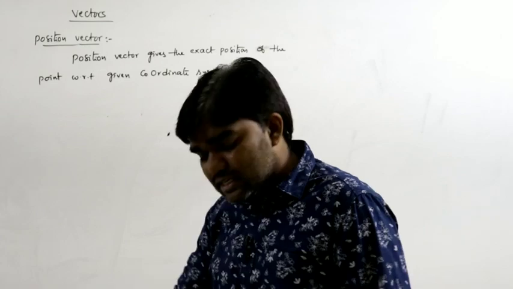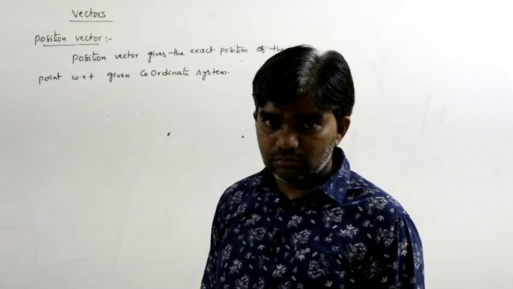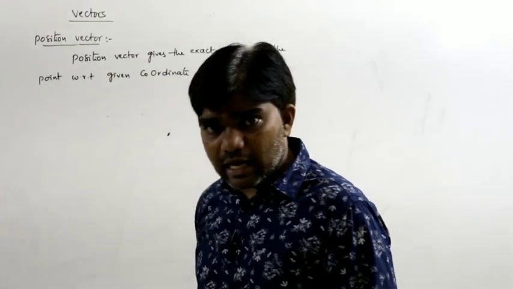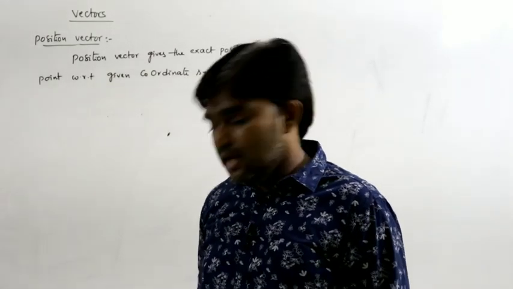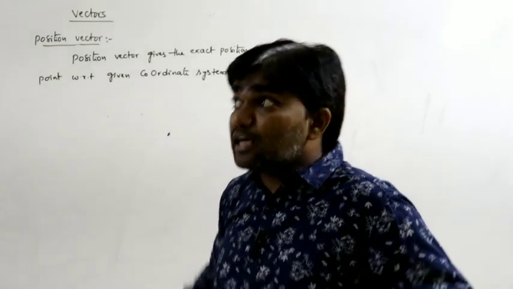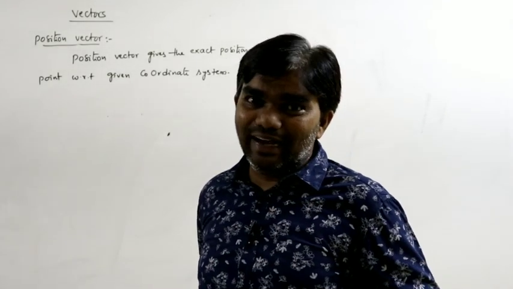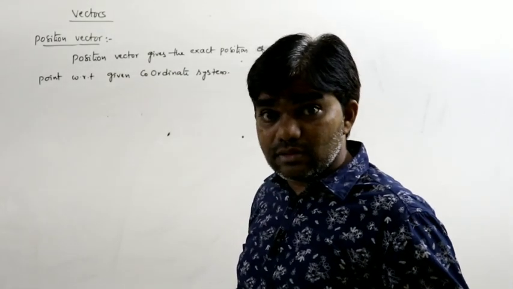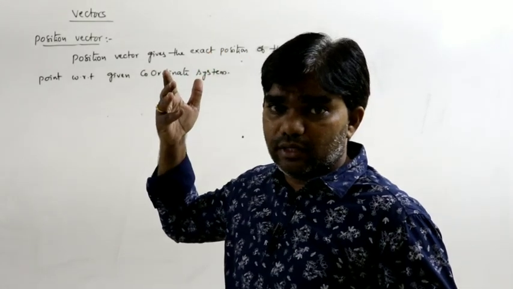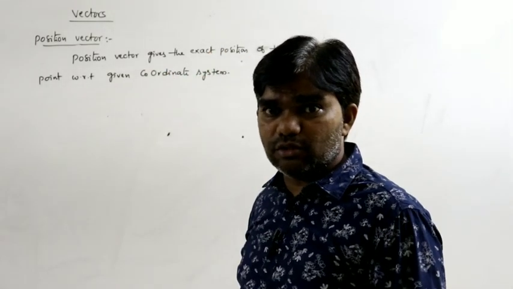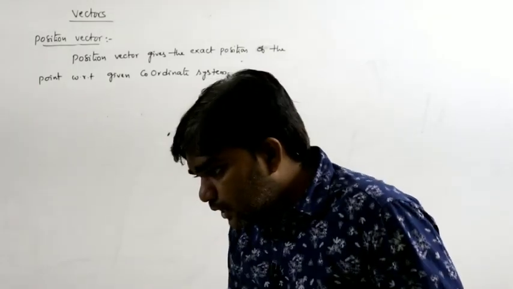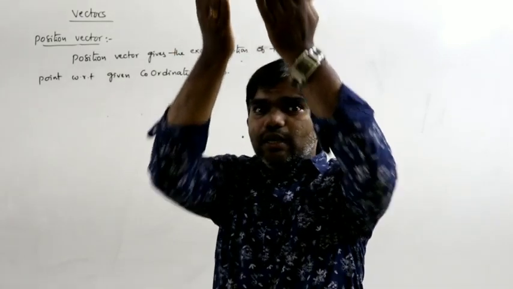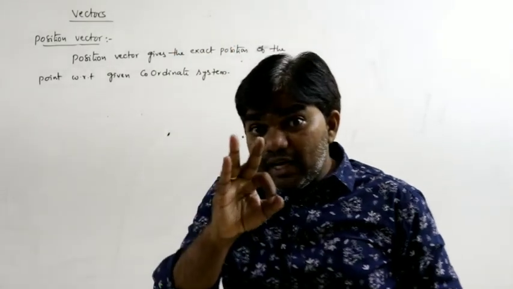Along the x axis I have some magnitude. This is my position, where I am standing. Along the x axis I have some position, let us say 2 meters. Along the y axis I have some position. Along the z axis I have some position. What is my height? That is the z axis. Whatever my height is, that is the z component of position. X component, y component and z component. The x component is horizontal, the y component is like this, and the z component is upwards. So this is a 3-dimensional topic.